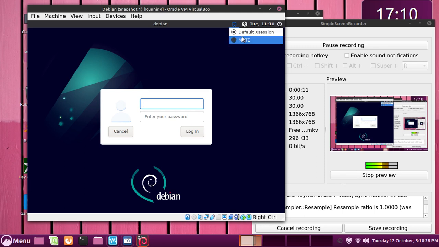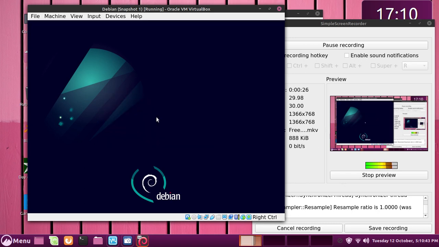Okay, so we can change it from here to Xfce, or we can change it to Mate. I'll change it to Mate for now, and we can go to Jonathan, and then put down your password. It could be anything if we want it to be, and now we should be able to boot up. Yep, and I have to open up the terminal, and then we have to add yourself to the